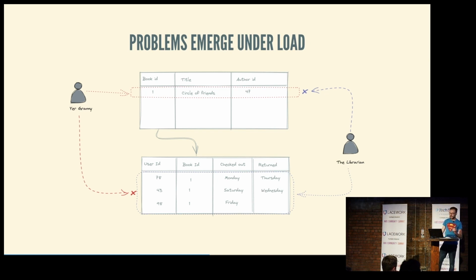and that's going to get very frustrating. And in particular, you can get this situation where your granny has locked the book and wants to lock the checkout table, but the librarian has locked the checkout table and wants to lock the book, and so nobody can get the complete subset of objects they're looking for. This is a deadlock, and essentially the database will just hang and wait for somebody to get bored and go